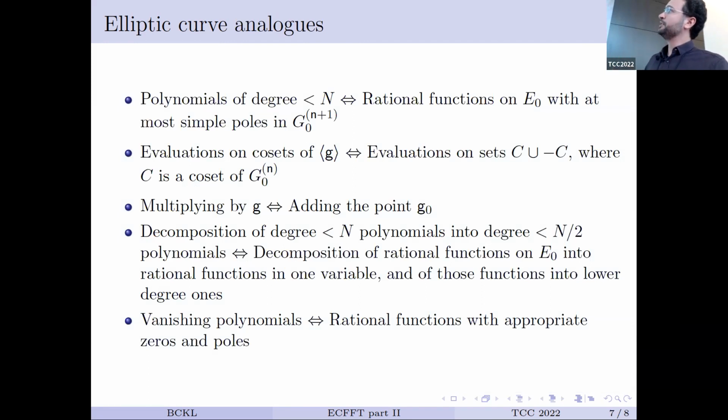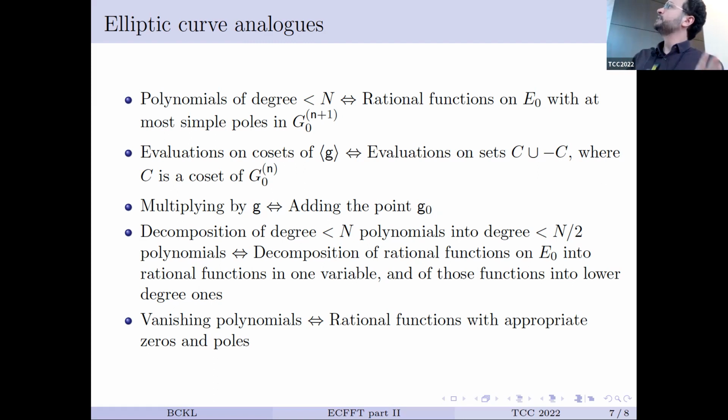So very briefly, there are a lot more details and a lot more subtleties that go into this. What do we get that we can use back for the STARKs? Instead of evaluating polynomials of degree less than n, we have rational functions on the curve. They are quotients of polynomials that depend on both x and y on the curve, and they're allowed to have at most simple poles at the points of the subgroup. So they can be evaluated anywhere else except for on that subgroup.